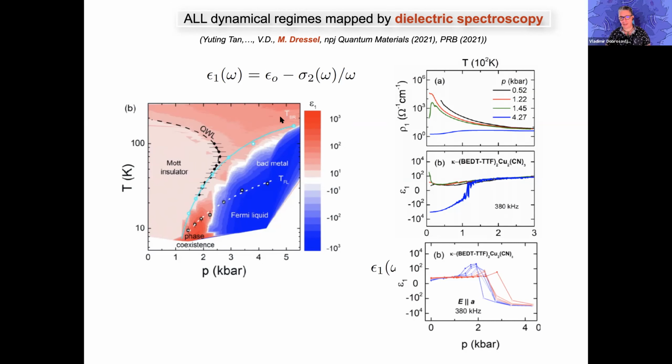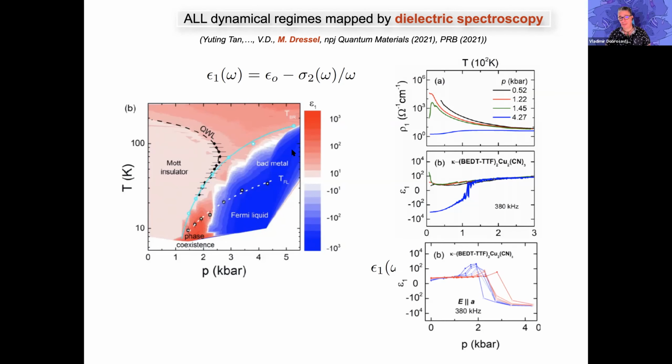What is very interesting is that as you lower the temperature, below this Brinkman-Rice temperature, now I emphasize that this is determined from transport, this Brinkman-Rice temperature, resistivity maxima. When you go below that, suddenly the electric response changes from positive to something that's negative and very large. This is log scale. So there is a huge drop of the dielectric constant here where it becomes negative, and negative is exactly what you expect for any metal or Fermi liquid. It completely maps this quasi-particle regime, even far outside the Fermi liquid regime.